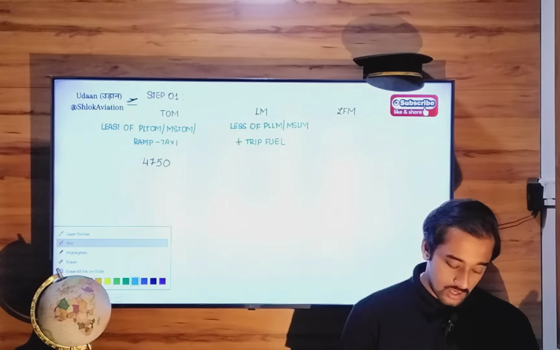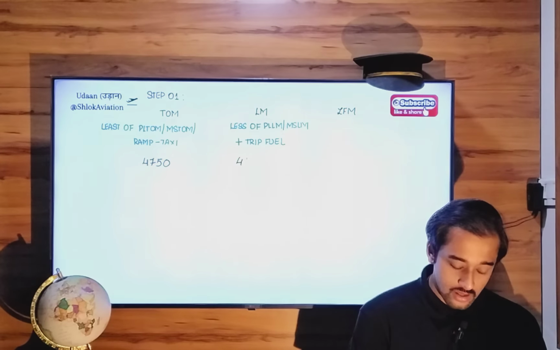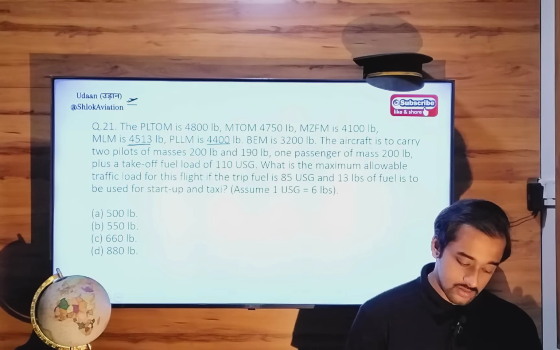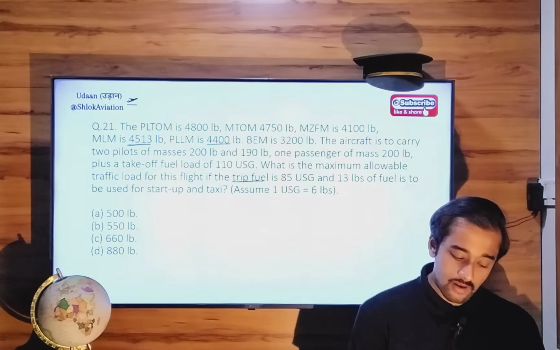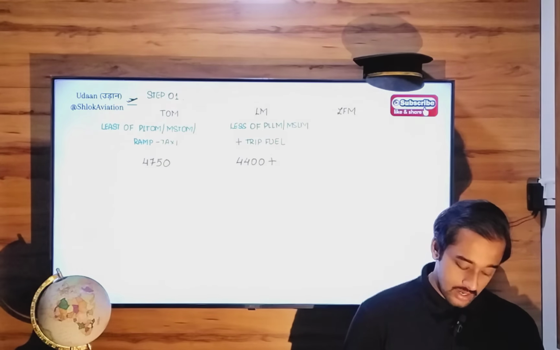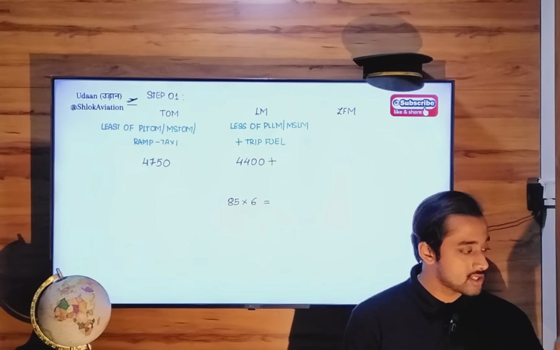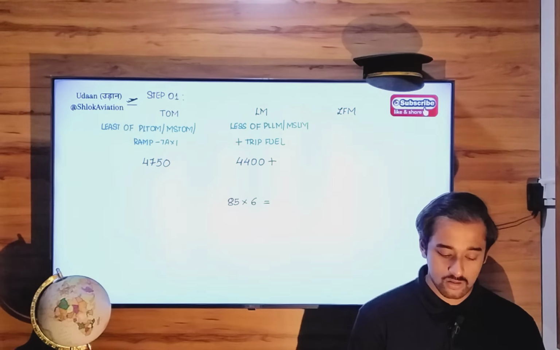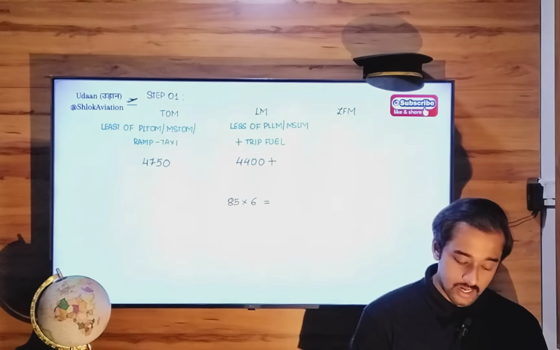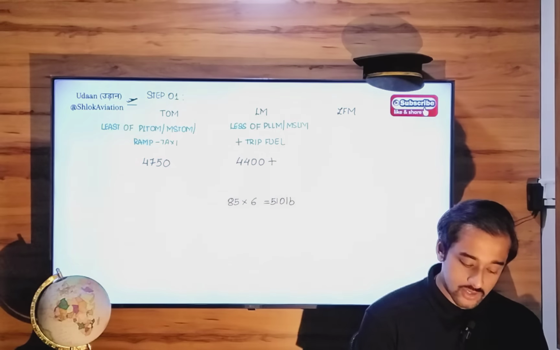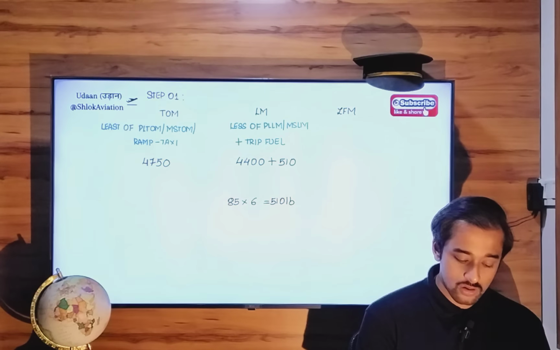So select 4400 and add trip fuel to that. Trip fuel is 85 US gallons. 85 US gallons will be equal to 85 into 6, which is equal to 510. So 4400 plus 510 will be equal to